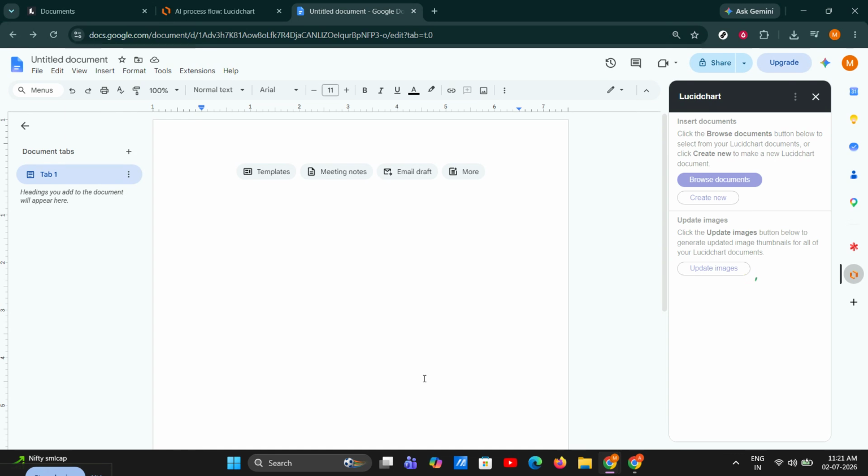tools. And that's it. You've now learned how to open Lucidchart in Google Docs, install the add-on, and insert diagrams